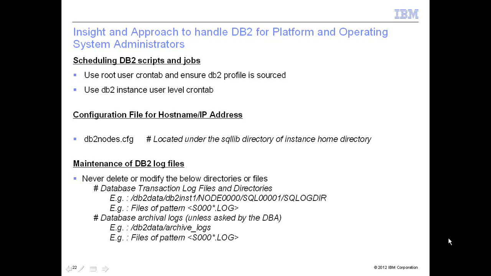Many a times, it so happens that there may have been a change in the IP address or the host name of the system, and after that you find that your DB2 is not running anymore. This is a case where a lot of operating system admins have a problem. So just for your information, there is a file called db2nodes.cfg, which is a configuration file which has an entry of all the partitions that the DB2 system is connected to. If it is a single partition system, it will have a single entry with a 0 node entry, and it will have the host name entered in that.